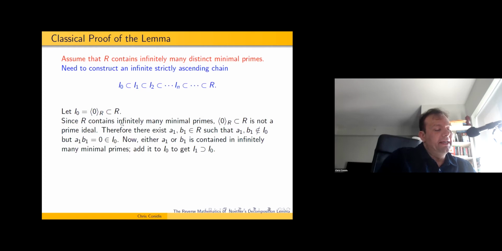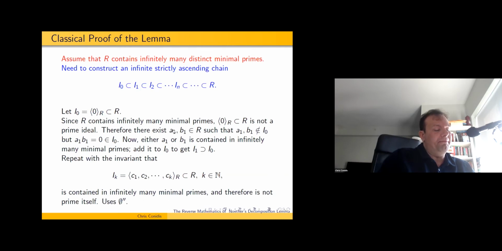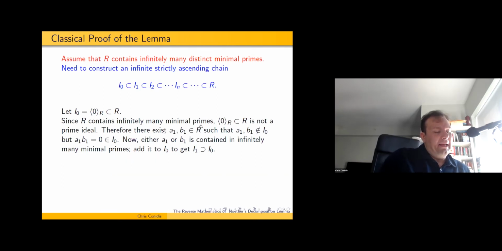Now, since R contains infinitely many minimal primes, remember that zero counts as potentially a minimal prime, but because we have infinitely many of these things, zero is not prime. And because zero is not prime, you can find two elements, A1 and B1, such that A1 and B1 multiply to be zero, which is in the initial ideal, I0, which is just the zero ideal at this point. And because you have a product, A times B is equal to zero, either A1 or B1 has to be contained in